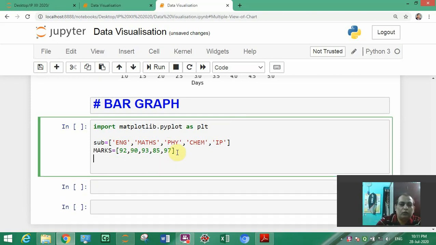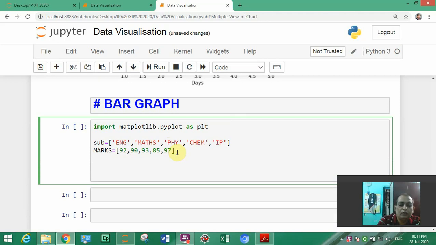Now what we have to do to make a bar graph? I will tell you plt dot, what we have seen, we have to write bar for bar graph, plot for line graph.